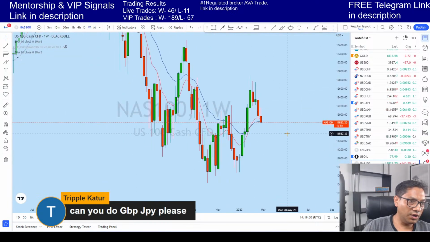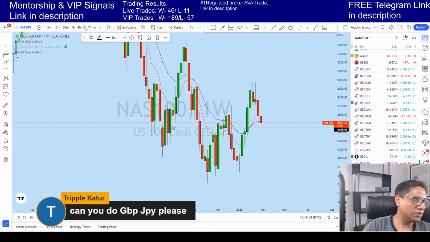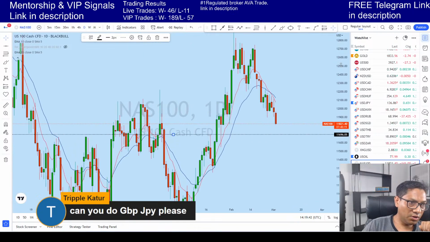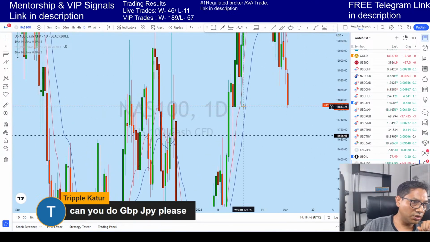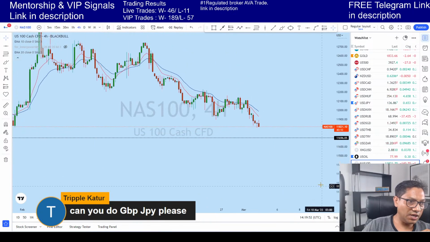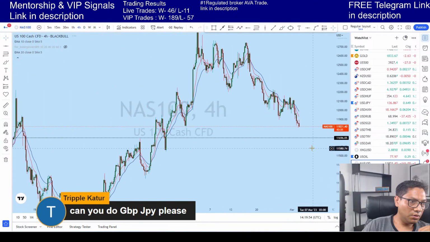If I look at the weekly, the price might even reverse from the top of this doji. From the daily, this is the support coming up. So at any point, especially as this is a very crucial support now approaching Nasdaq, like with the reversal at US30, we might see Nasdaq also react from the same level of support.